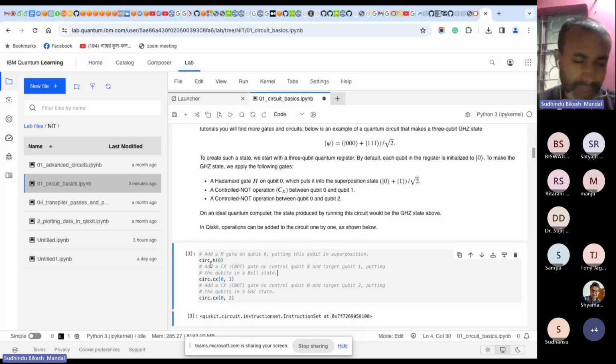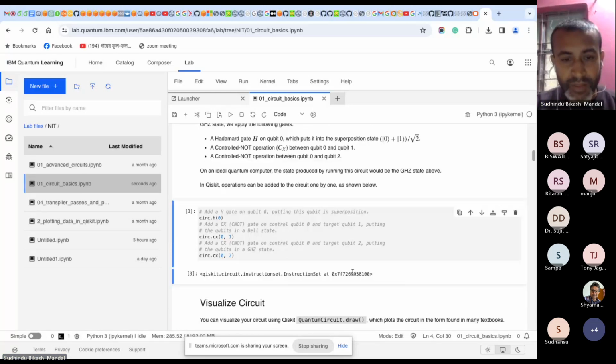This is a very simple circuit. You can work out by hand how to design this quantum circuit, because by viewing this root over 2 term, you can immediately understand there should be a Hadamard gate. That's why we require a Hadamard gate. Now you need to transform. The Hadamard gate gives you 0 and 1. The rest of the state are 0 0. So we need to modify it accordingly. That's why you require a CX gate.